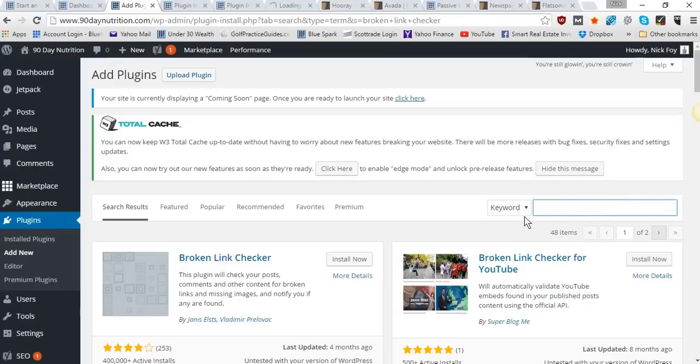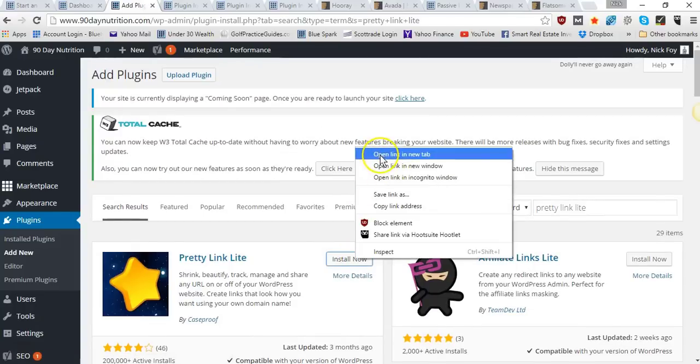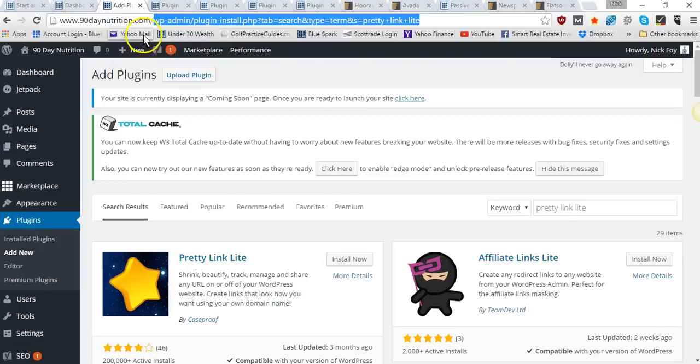The second link related plugin we're going to add is called Pretty Link Lite, and this allows you to create clean extensions to your URL. What that means is, if you look up here, you'll see this ugly URL right now, www.90daynutrition.com/wp-admin/plugin-install.php. You see all this extra stuff after the slash. It's going to allow you to clean up the link so that I could type 90daynutrition.com/workout, and